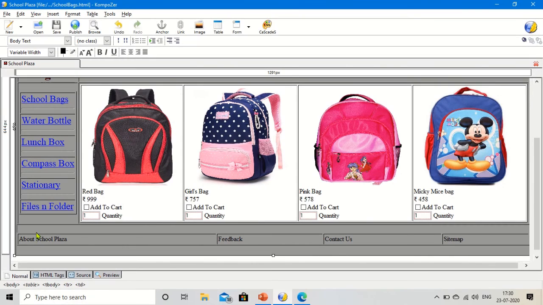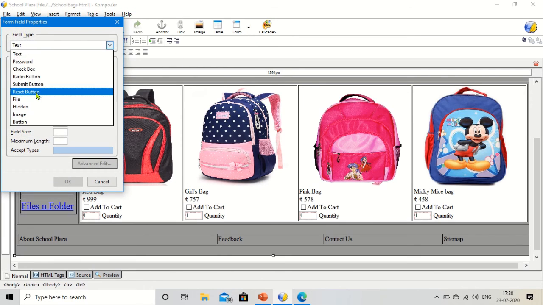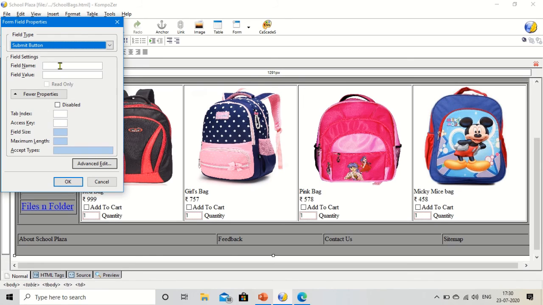Okay, so now we are going to add the purchase button. So here I want to add. Go to the form, click on the form field, then click on the submit button, and here you write purchase, and here you also give the purchase, so that after selecting this item, when we click on the purchase, it generates the bill.